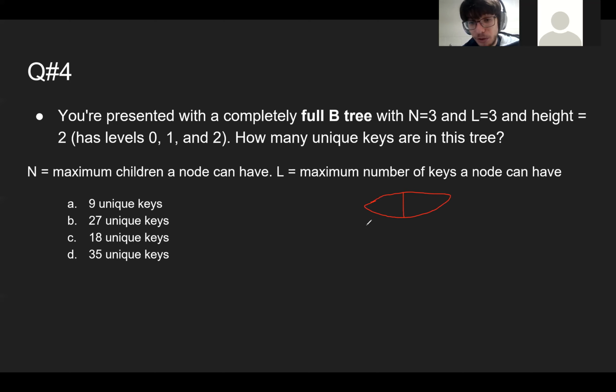And then because n equals 3 and it's full, this is going to have 3 children. And each of those is going to be an internal node also. And so each of them will only have 2 values, and then each of them will have 3 children. But now each of those 3 children,